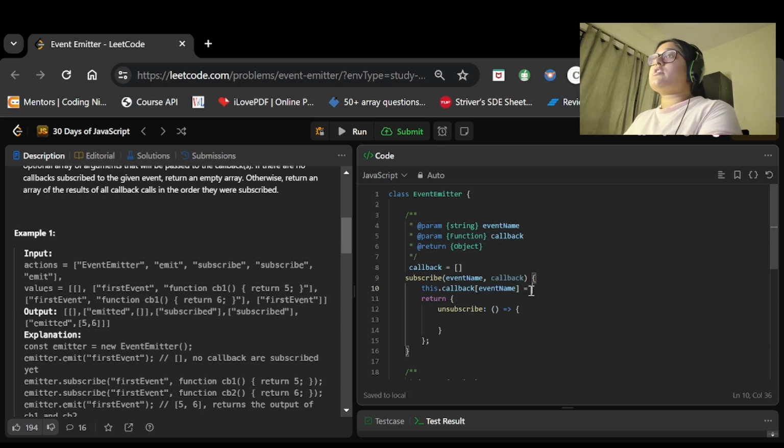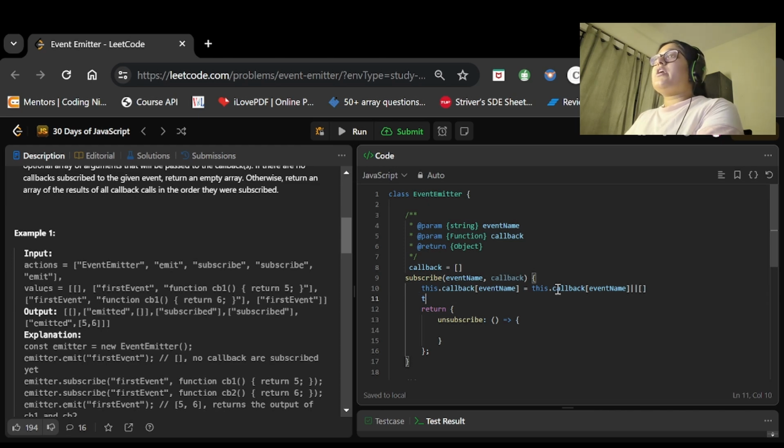Okay, if it has any value, then it is okay. And now let's say it does not have any value. So if it does not have any value, then we will initialize it with an array, or the value that will be stored at that index will be initialized with an array.